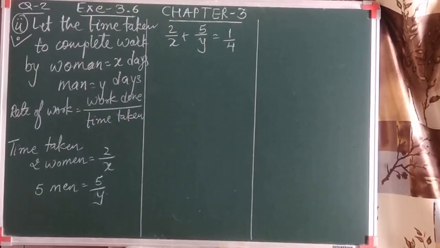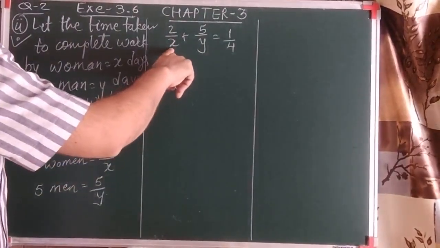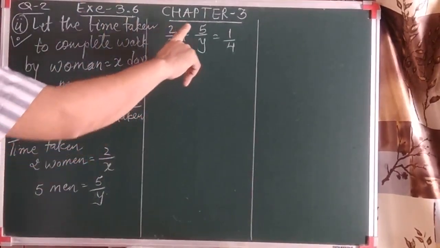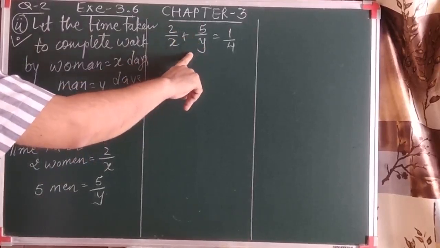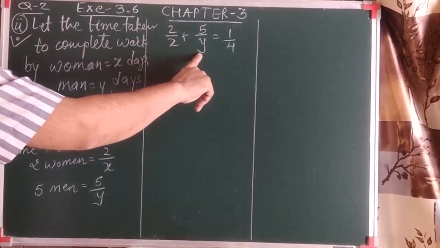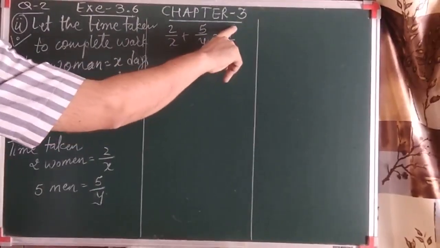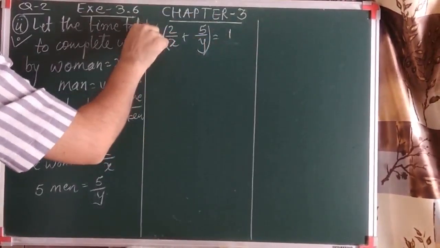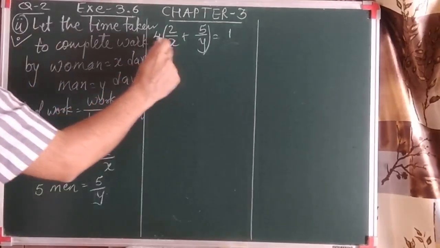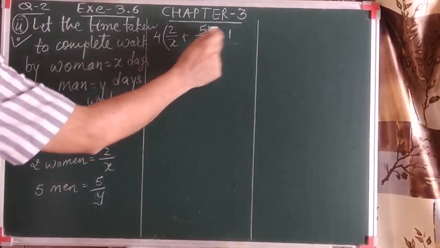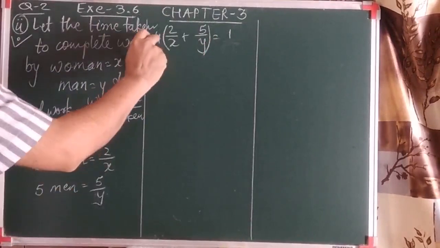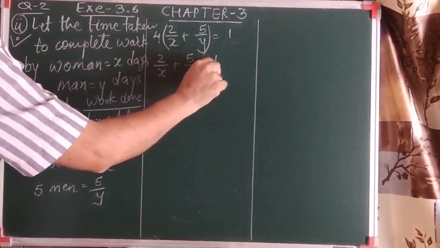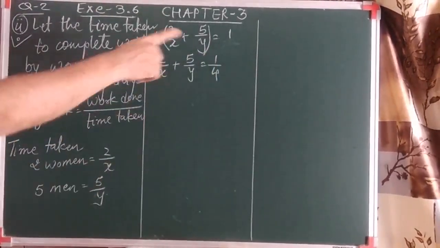वापस एक बार समझ लो, दोबारा एक बार. This is the time taken by 1 lady to complete the work. 2 ladies, I am sorry. 2 women to complete the work in 1 day. 5 men to complete a work in 1 day. So when they both combine together, तो how much work has been done? 1/4. तो ये 4 कहाँ से आया? तो देखो बेसिक क्या है, दोनों ने 4 दिन लगातार काम किया. 4 दिन औरत ने काम किया, 4 दिन आदमी ने काम किया, तब जाके एक काम खत्म हुआ. So this 4 I have taken here. So 2/x plus 5/y is 1/4.